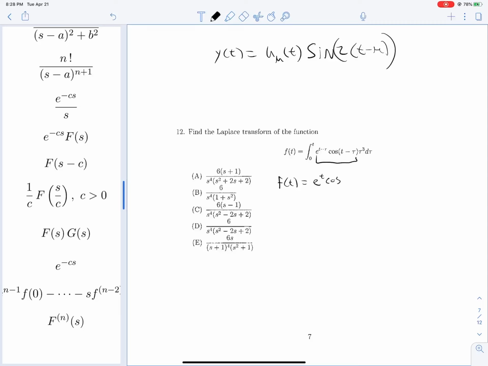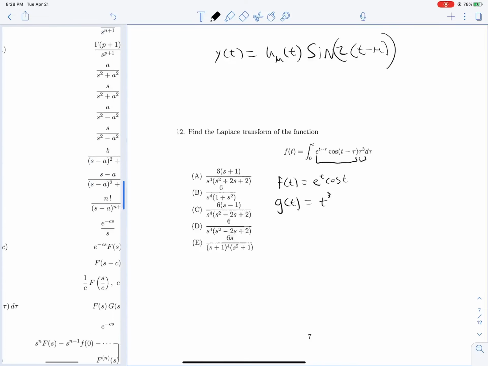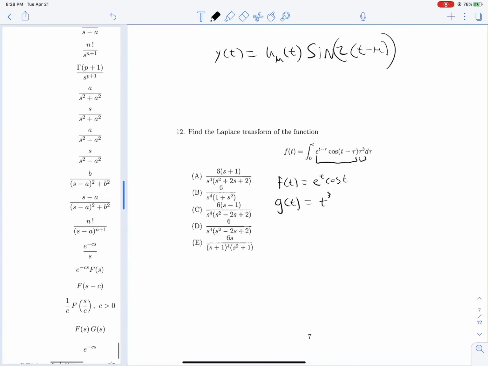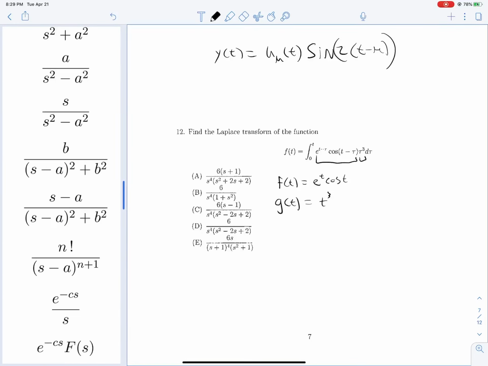e to the t cosine t. Then g of t is just everything that only has tau in it. That's t cubed. And we can take these Laplace transforms individually, multiply them together, and then we'll have our Laplace transform. So e to the t cosine t will be, let's see, the Laplace transform of f of t is what I'm computing right here. This will be alpha minus 1 over alpha minus 1 squared plus 1 squared, and then